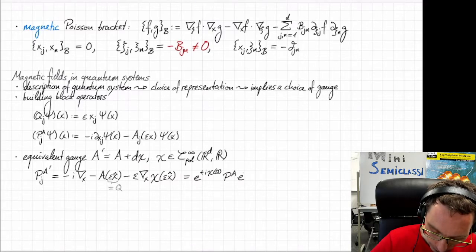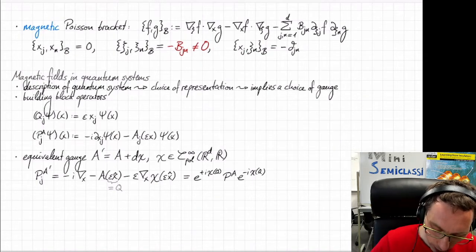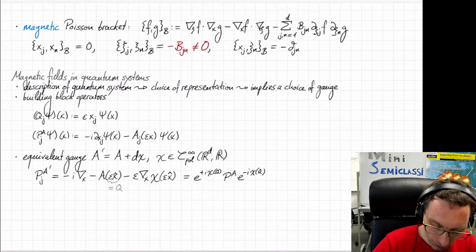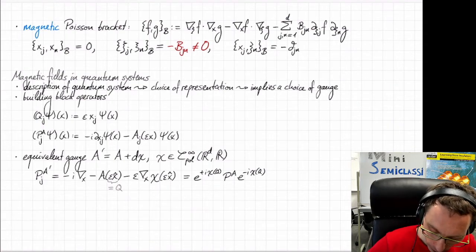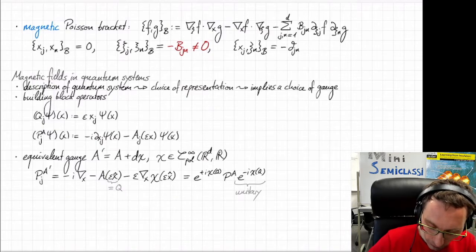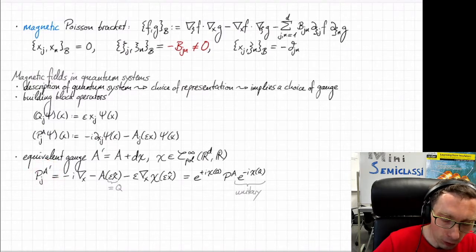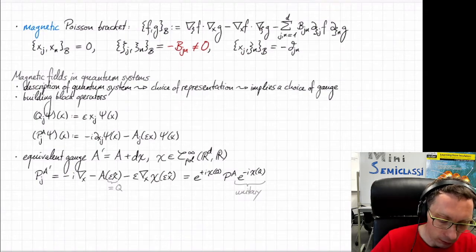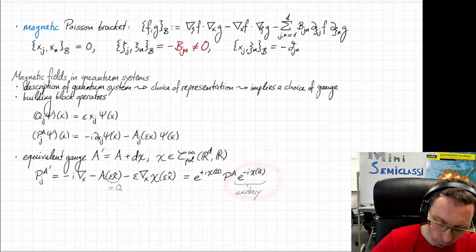And this is the same as conjugating with e to the minus i chi evaluated at Q. And because evidently this operator here is unitary, for example, the spectrum and the spectral components of these two operators are the same because they only depend on the invertibility,